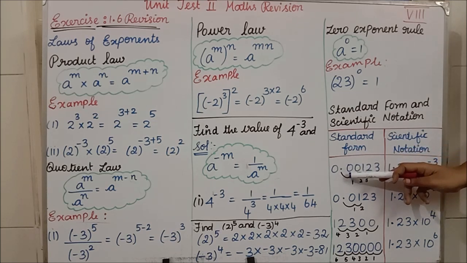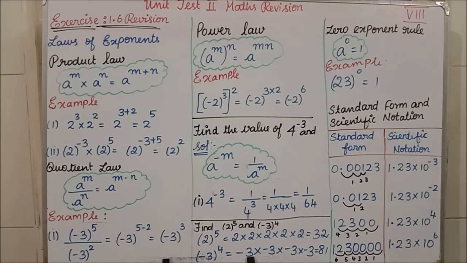See here, is it a non-zero number? No, it is a 0. Is this a non-zero number? No, it is also 0. Is this a non-zero number? Yes, this is the first non-zero number. So after the 1 only we have to place the decimal. We have to keep the decimal here. So how many places am I moving? From this decimal to this 0, it is not a non-zero number, again I move, this is also not a non-zero number, then this is the non-zero number. One is the only non-zero number. So how many places am I moving?